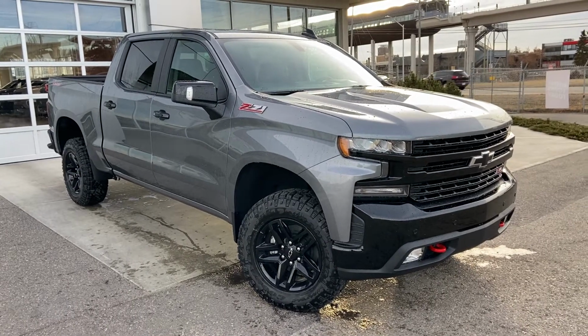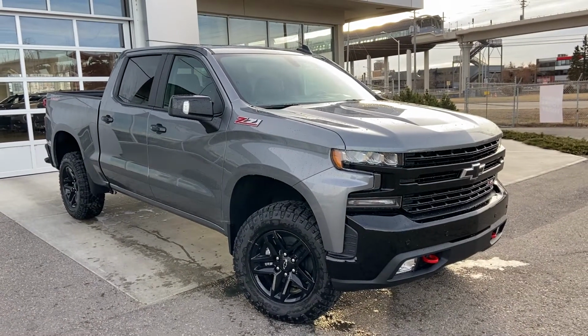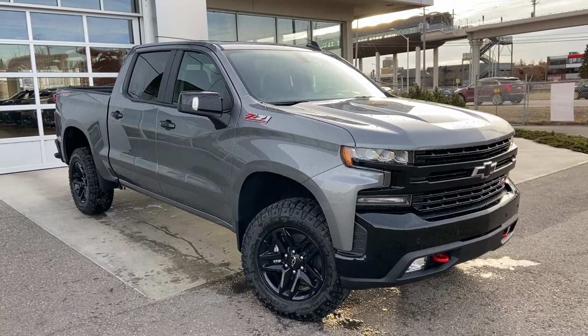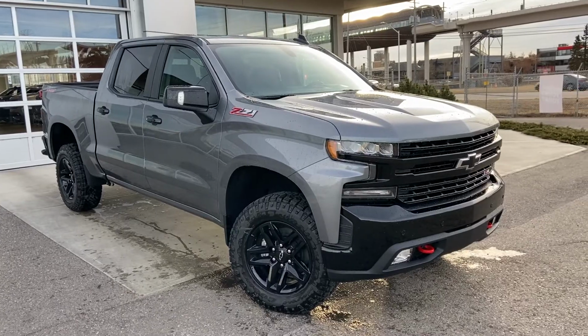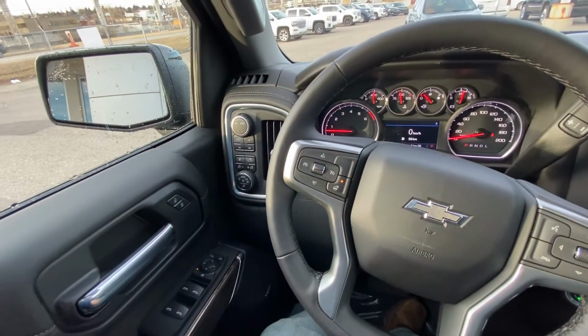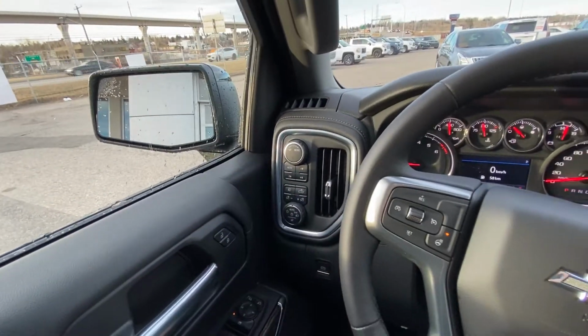Welcome to the brand new 2022 Chevrolet Silverado 1500 Trail Boss. This beautiful Trail Boss is powered by the 5.3 liter V8 engine and made it up to a 10-speed automatic transmission. Taking a quick look at the interior, power windows, locks and mirrors, drivability dial, push button 4x4 and automatic